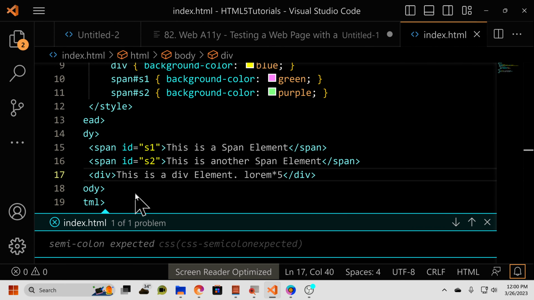Welcome back to another video, and in this video we are going to be discussing the difference between a block and an inline element. Now, a block element is an element that takes up the entire width of its container. Now, what does that mean? Well, for example, if you have a div, which is a block element, and it has content and all that stuff,